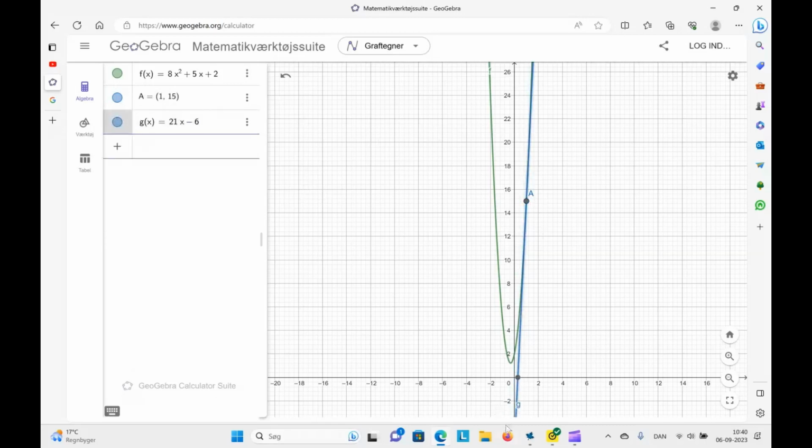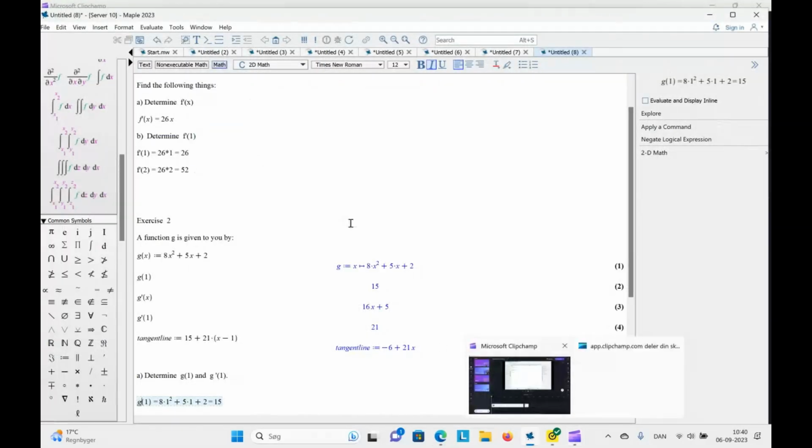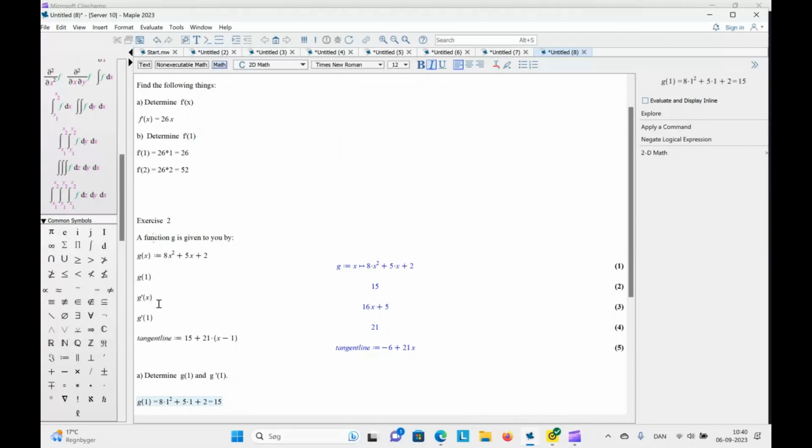And you can see it cuts through our point in only one place. So that's fulfilled. So everything is correct. And we used the program here to just check. So you also now know what and how you can check yourself when